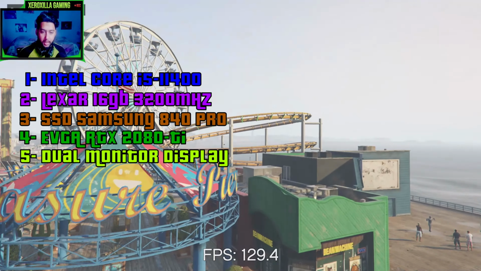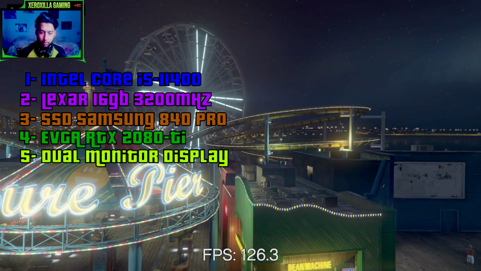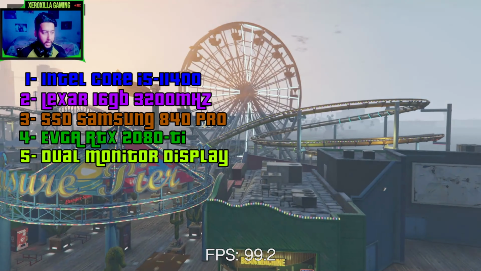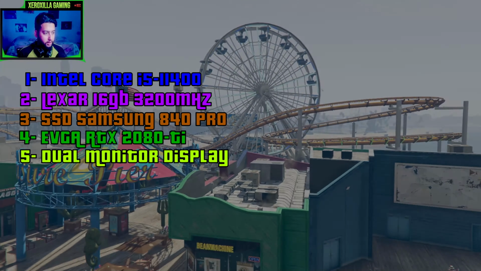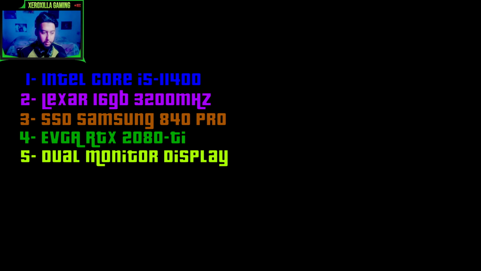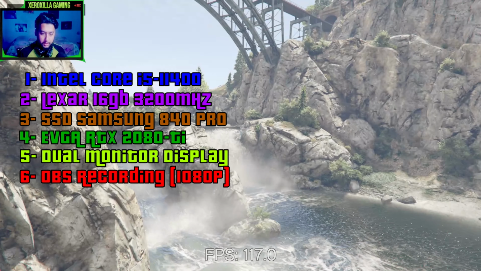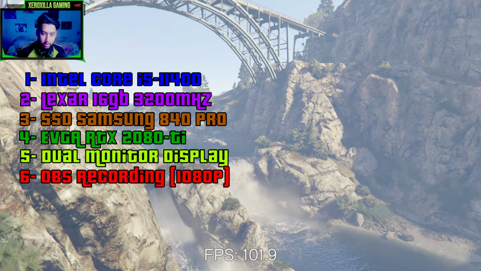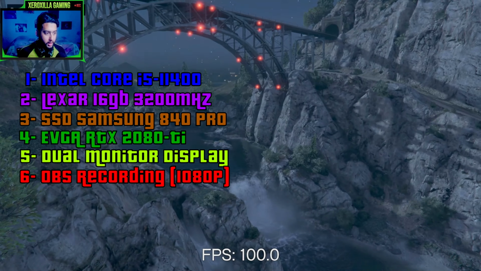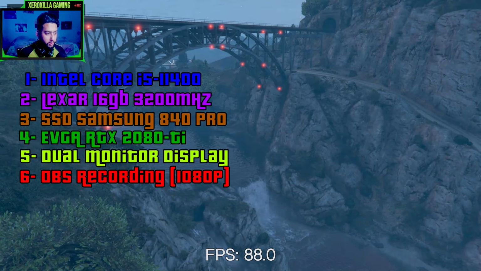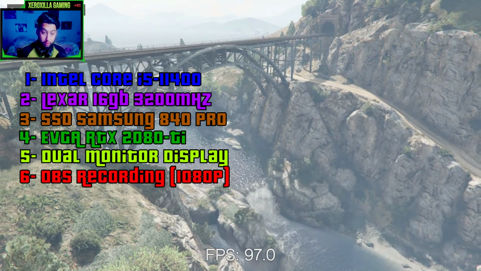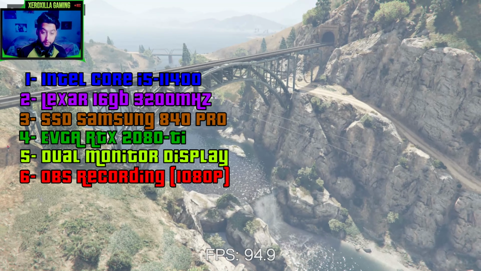The displays I have, one is the main display that I'm watching the whole gameplay on, and the second one is the monitoring display on which I'm recording this gameplay. I'm recording on OBS, with the high settings. The screen resolution is 1080p, and the recording resolution is also 1080p, so there is no downscaling or upscaling of the video.